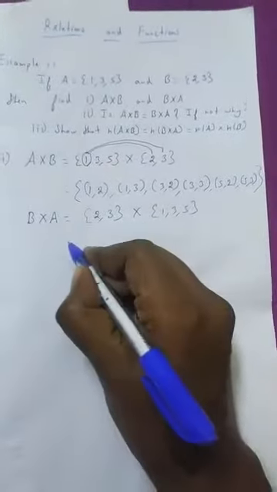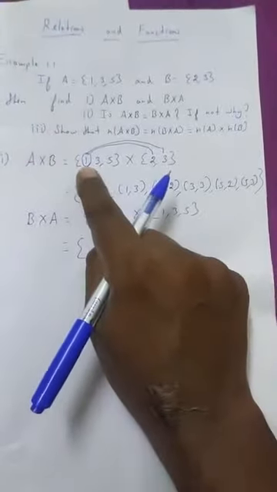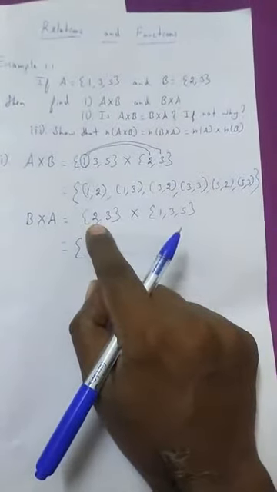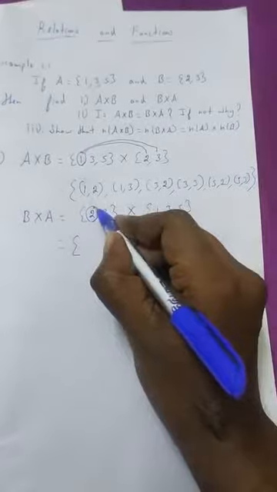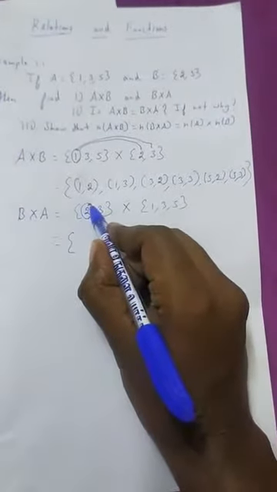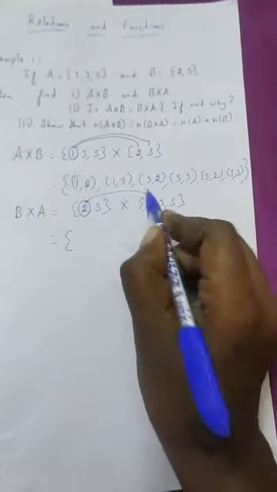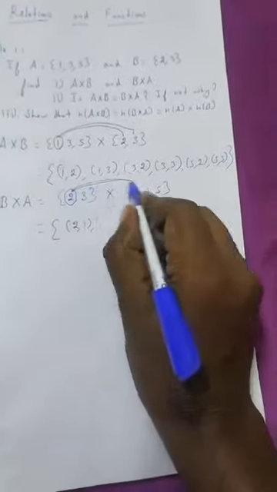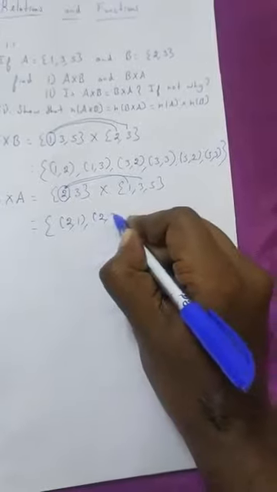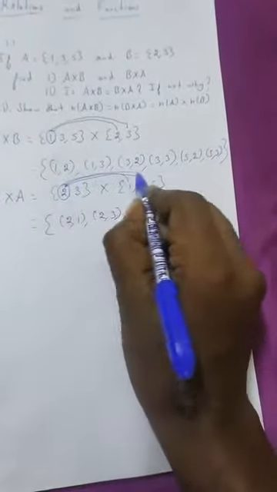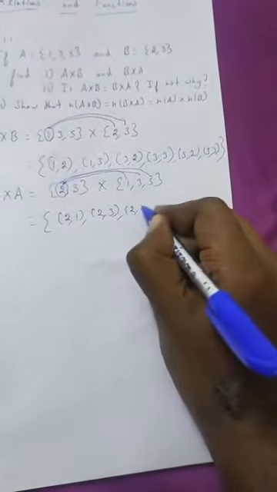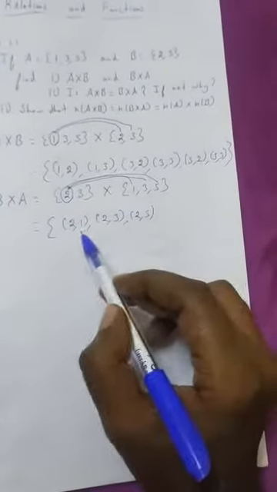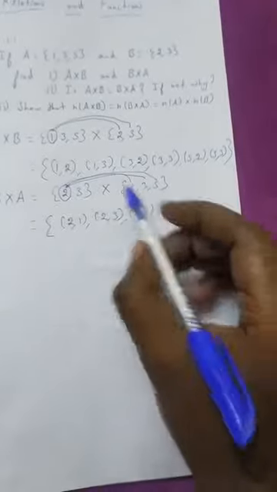In the previous problem, the first element is 1. Here the first element is 2. So we take this 2 and make ordered pairs. So 2 comma 1, the first ordered pair is (2, 1). Again 2 with this 3, that is (2, 3). Again this 2 with 5, that is (2, 5). So from this first number we obtain 3 possible ordered pairs.